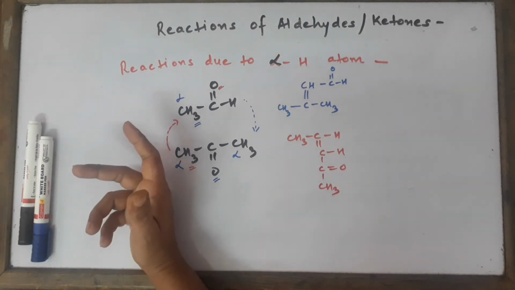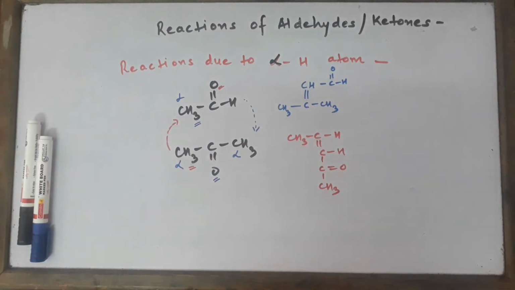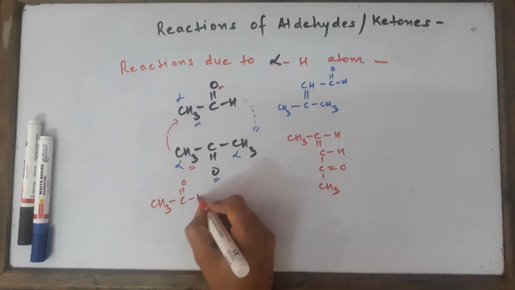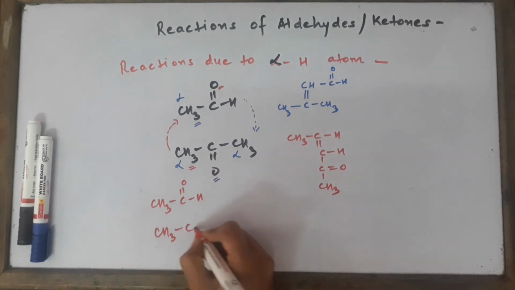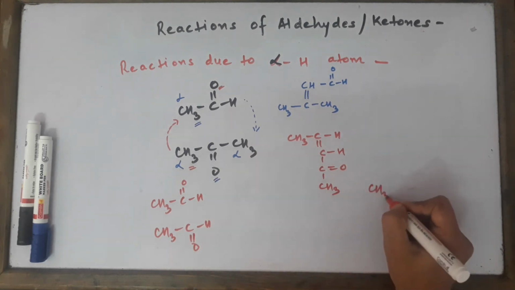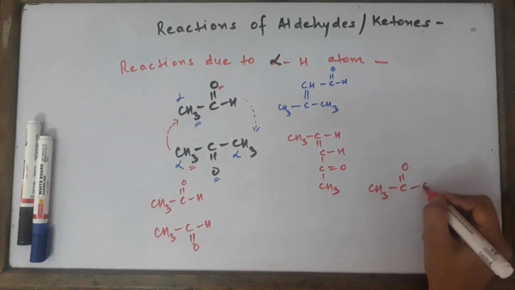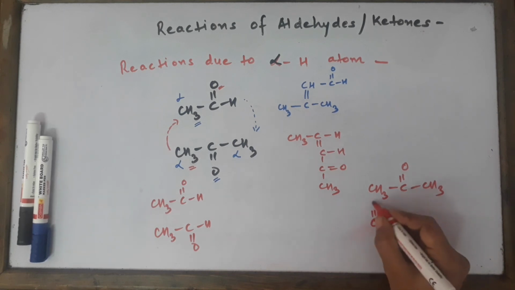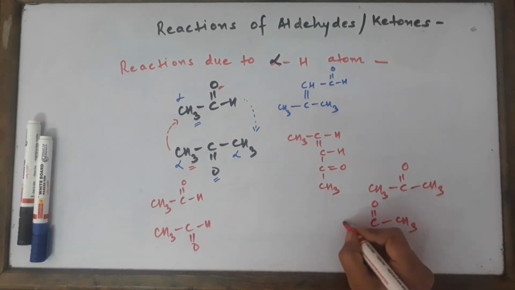They will be simple aldol condensation products, which we can write very easily. So let me show you quickly. CH3CHO, CH3CHO. So both similar molecules can react together. Similarly, both similar ketones can react together this way. Let's write it nicely. C double bond O, CH3.